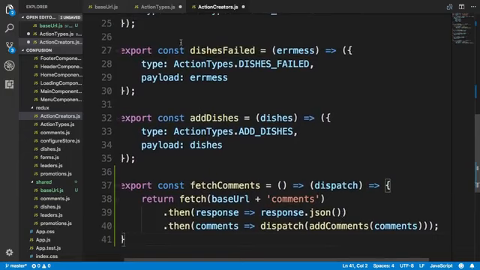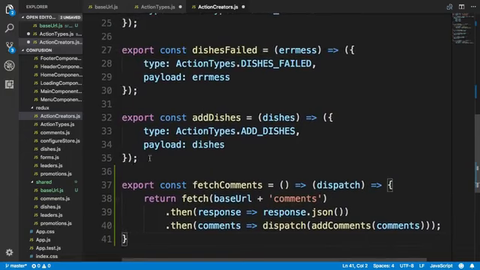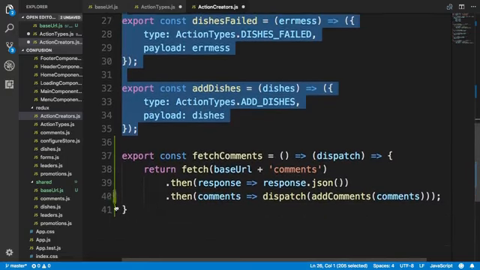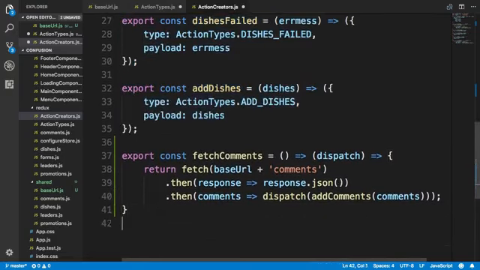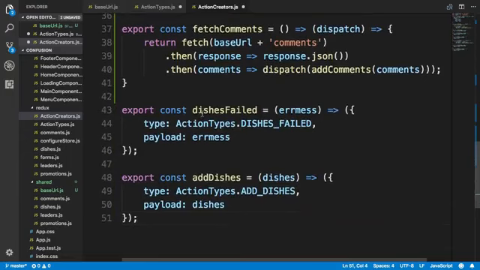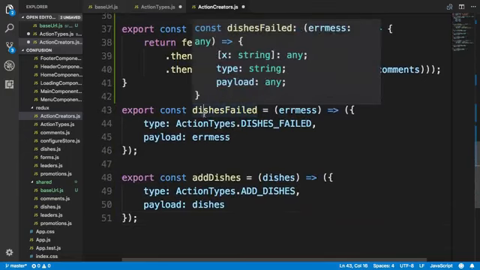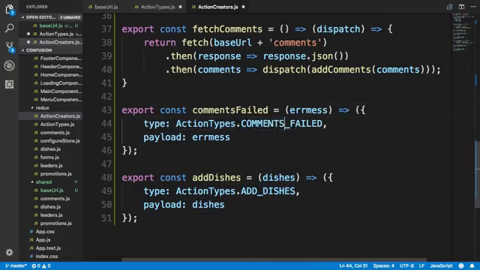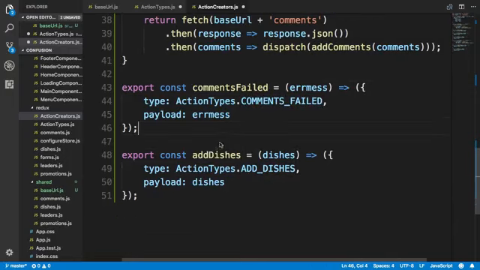Now, just like we had dishes failed and add dishes, we will have to add the comments failed and add comments. Now, if you're wondering where we will use the dishes failed and comments failed and so on, we'll do that in the next exercise. We'll see how we make use of that in the next exercise. So this one would be comments failed, and so the corresponding action type would be comments failed, and the payload is